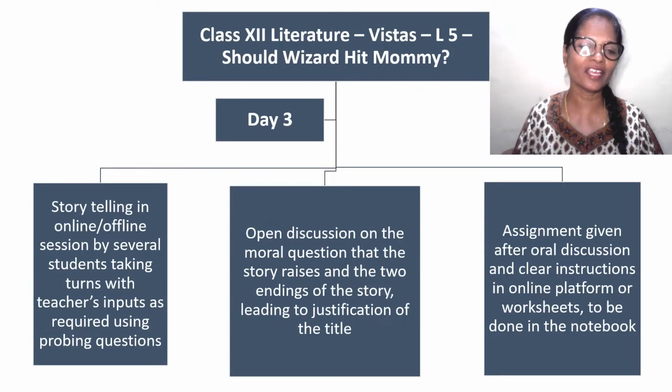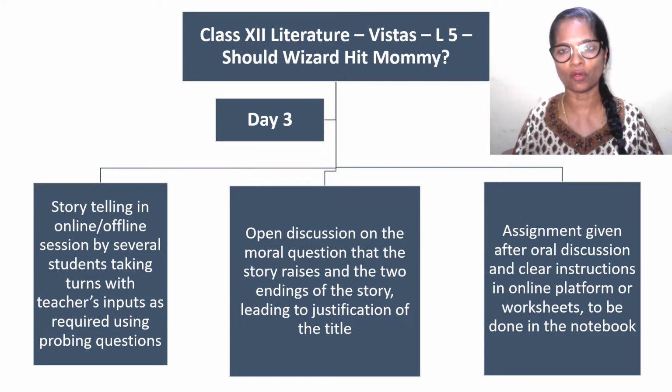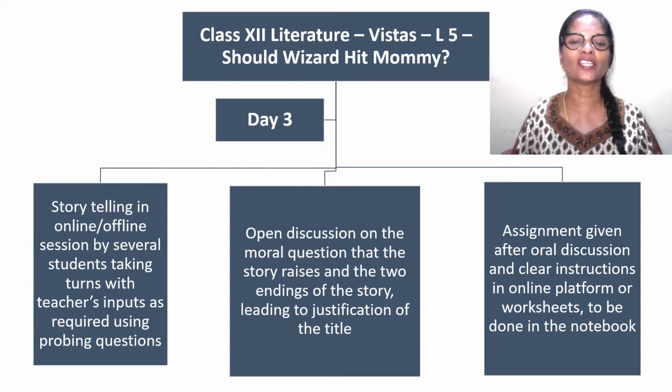Then on day 3, you can go with the storytelling session. You've already asked the students to read and come, so you can have a storytelling. The teacher can always give inputs where students are missing or getting stuck, or you can encourage other students to come forward. So it's not one child telling the whole story. You can ask a child to tell the story, and maybe after 3 minutes stop and tell another child to continue the story. And then you can even ask the class what points the other children have missed that they have observed.